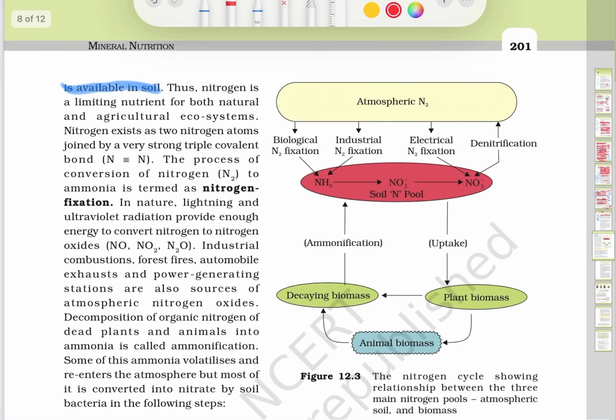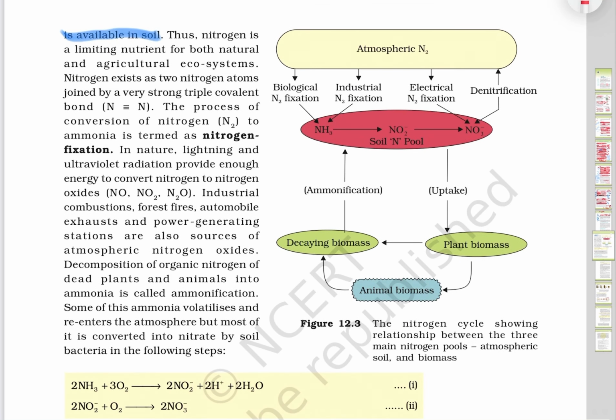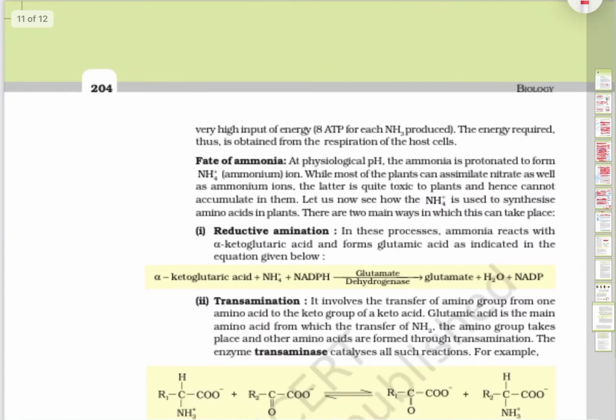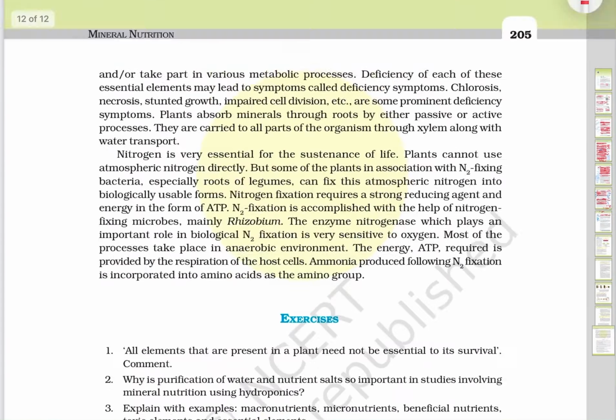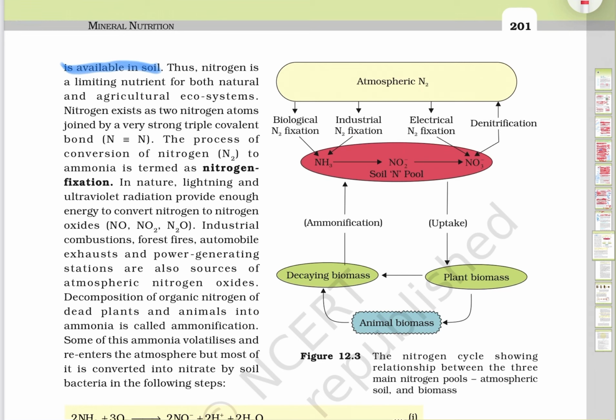Here is the nitrogen cycle. Four pages are left. Here you can see the nitrogen cycle and how it works. You can see atmospheric nitrogen. There are 3 ways of fixing nitrogen: biological nitrogen fixation, industrial, and electrical. Through biological and industrial fixation, it's fixed in the form of